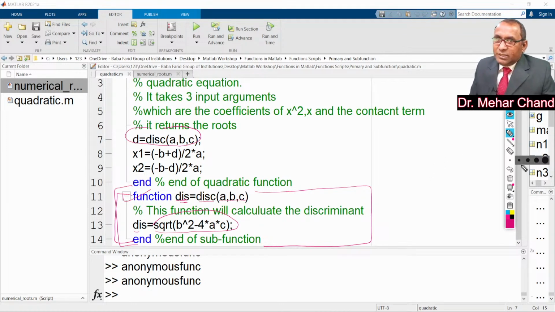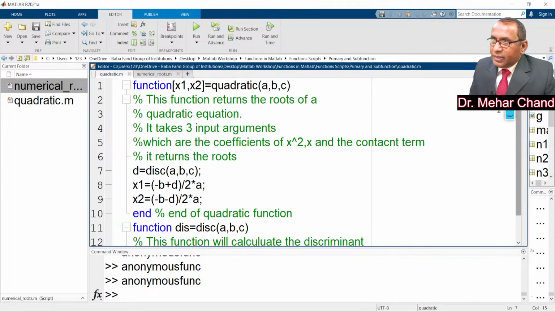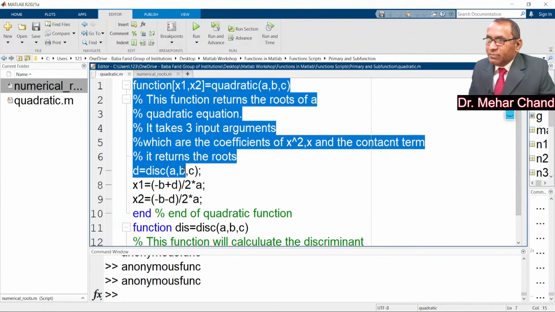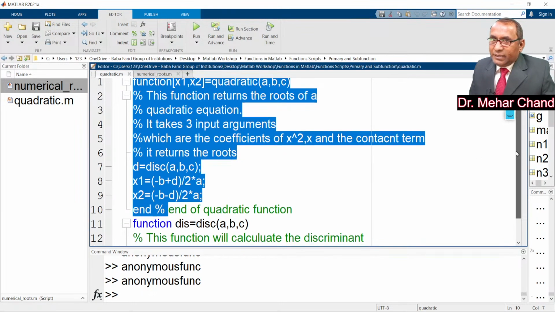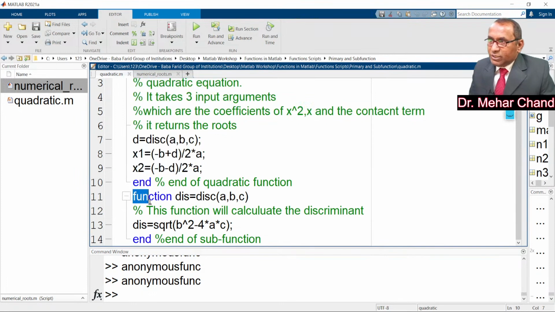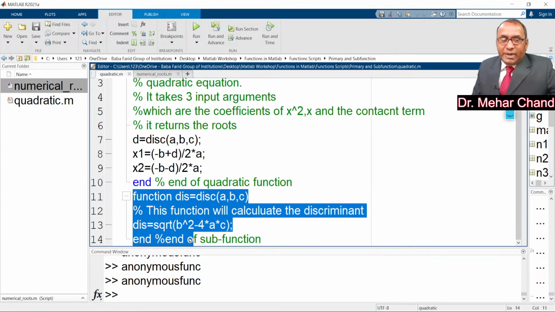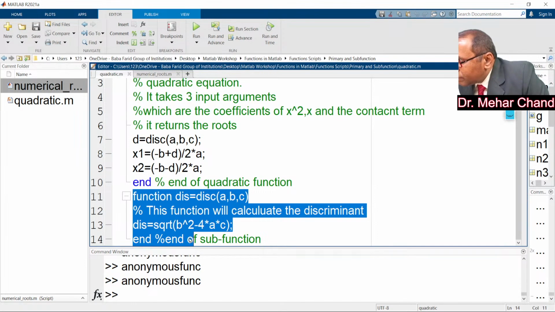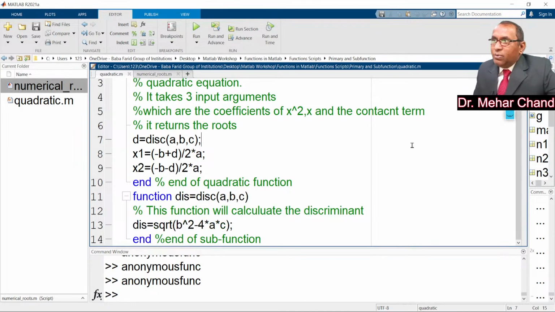The primary function, as you can see, this is the primary function. Okay, and this is the sub function. So we can divide a function in two parts, and one part will be the primary and the second part will be the sub function. Okay, so now